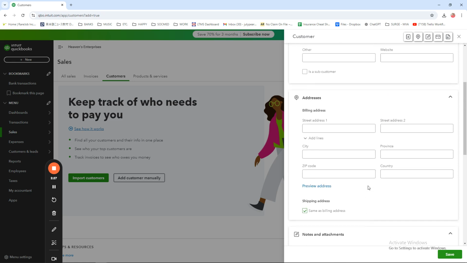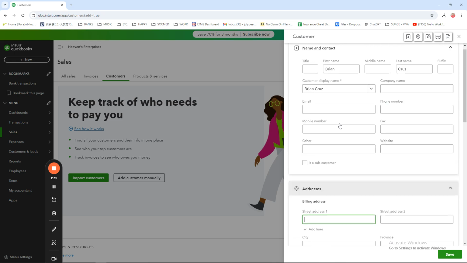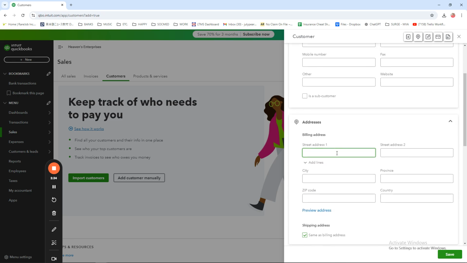Another important thing is the billing address. You can put in his address here. Let me put in Elenita Heights, phase two. Like that. So Davao City,